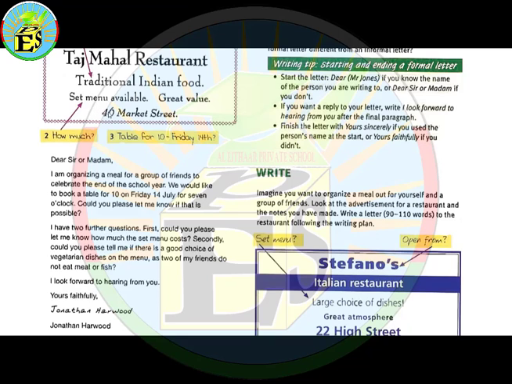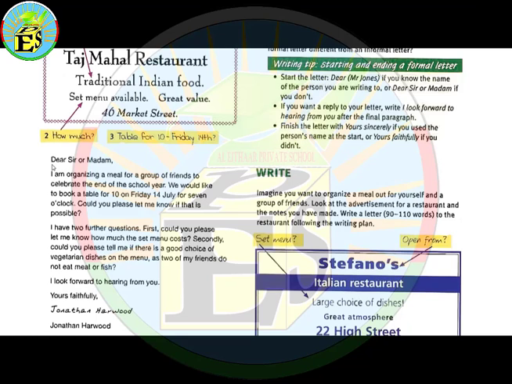And then it's written here set menu, so we want to know the price of this menu. And the last thing, the person is asking if there is a table for 10 people, and the day is given with the date. So let's start reading this message or letter, and this letter is a formal letter,